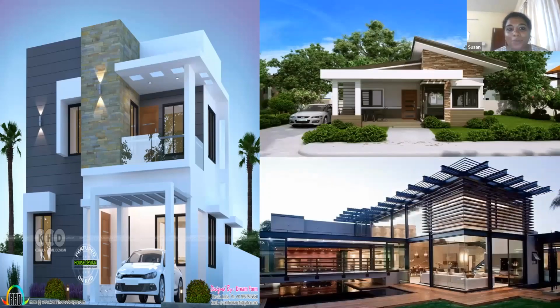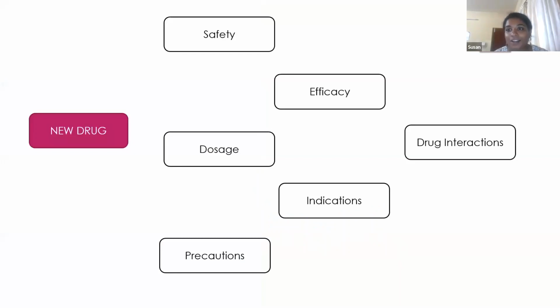In that manner, when we get a new drug, there are different aspects we might like to look into. As Dr. Pratibha was already mentioning, what is the aim of our study? That is probably the most crucial question, which we keep revising over and over again through the process of designing our entire research. It can be safety. Is this drug safe? Can we give it to everybody? What are the interactions? Suppose a person is taking other medications, would it interact with this drug?